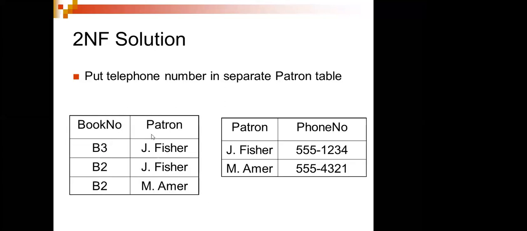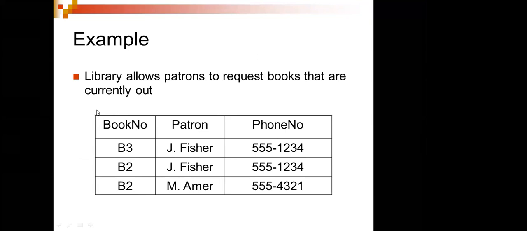In the multiple tables, book number and pattern are taken, and I want to know the pattern's phone number. So instead of writing the pattern again and again, I'll keep whichever is not a duplicate. I have taken the pattern, and as you see here, two times I've got Fisher. Once I split it, I have only one name. So I'll have one pattern and one author. So I have the phone numbers. Instead of having this kind of thing, this is the problem we have.